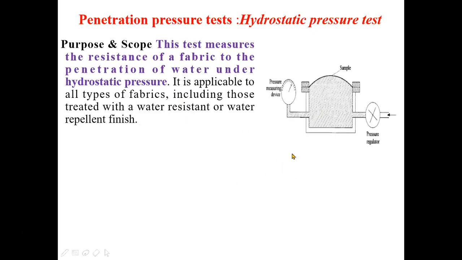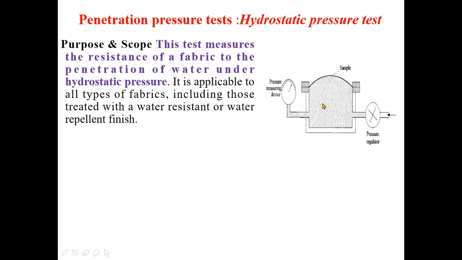Actually, this is the experimental setup. This is the pressure gauge by means of which we can measure the pressure. These are the two clamps. The sample is attached in this clamp. Now, initially, the sample is under horizontal condition. But because of the flow of water through this, water pressure will build up in this chamber.